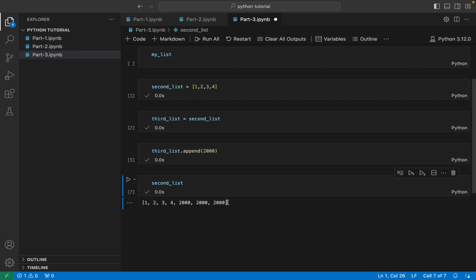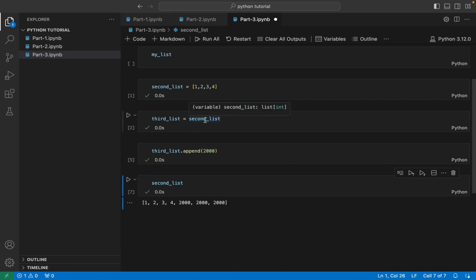So if you didn't really know about the copy method and you tried to do what we explained a few minutes ago to your list, you might be pretty confused and say, whoa, why is my second list getting all the changes that are being applied to my third list? Didn't I essentially make a copy of it right here? Technically, no, and it's a really deep concept that we don't have to go into, but more so just something to be aware of, that for lists, and it's kind of special in this way, because it is mutable,